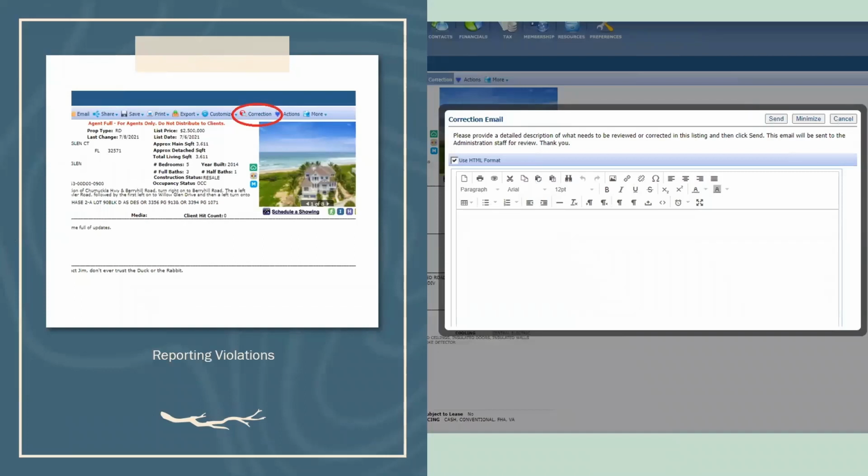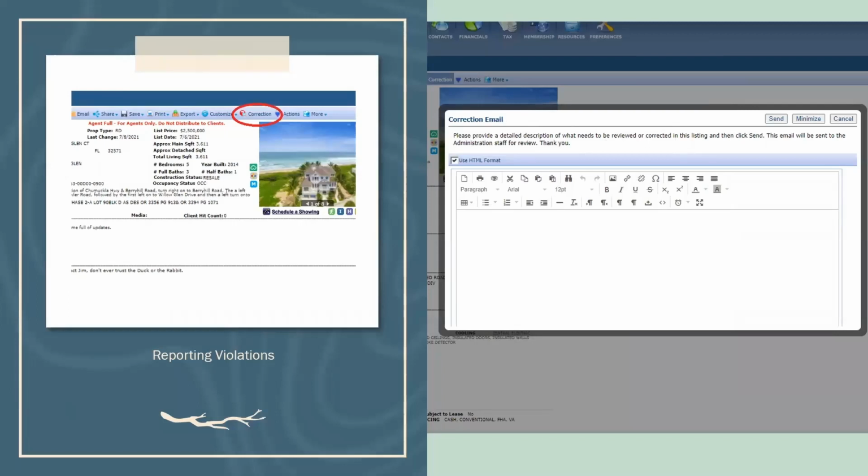All right, let's talk about reporting violations. With the coming soons, you have to report them because they're not automatic. If you have a listing, you will see right here where it shows the correction button highlighted on this particular house. That's supposed to be in Pace, Florida. Obviously, I've got the Gulf of Mexico behind there. You will click that correction button and it'll open up this little email here on the right-hand side. Even though this states that you must add as much information as possible, we've added that to the rules as well to enforce it.